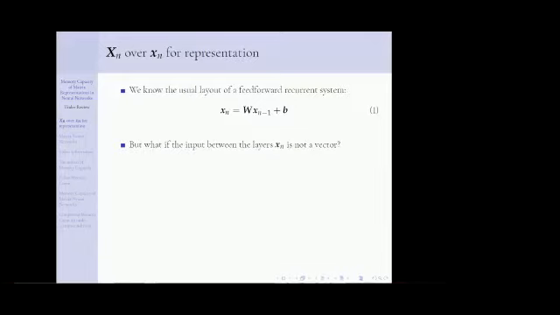So coming back to our question: what happens if the input between layers xn is not a vector? What if we don't want the input between the layers to be a vector? That is, we don't want the representation in each hidden layer to be a vector. But why don't we want it to be a vector? Because there are a lot of scenarios in the physical world, like when studying human behavior and certain data sets, and more famous images, and then parsing it through.